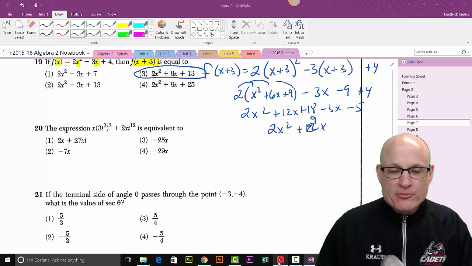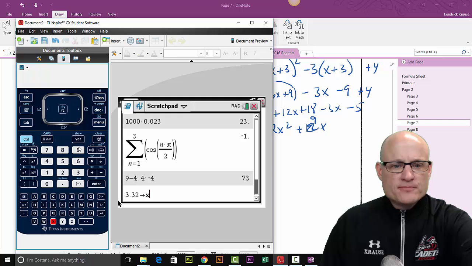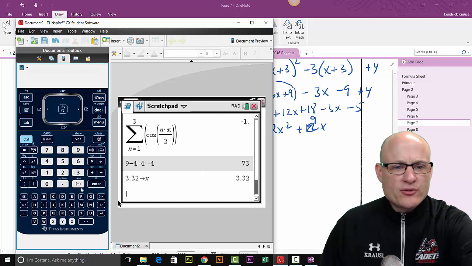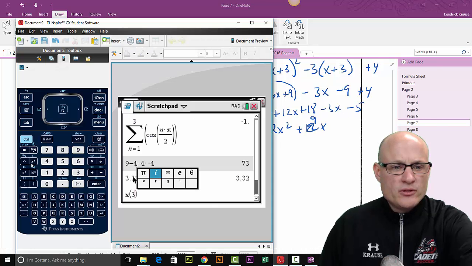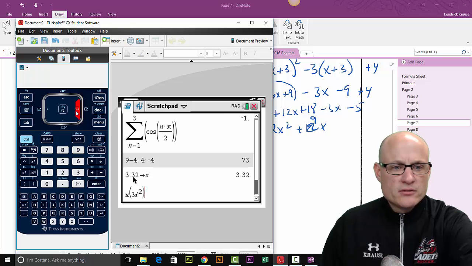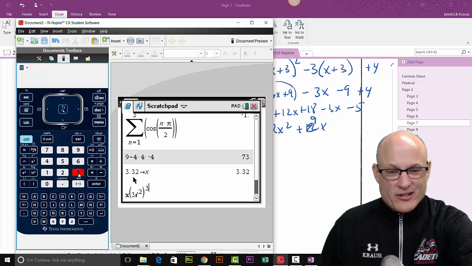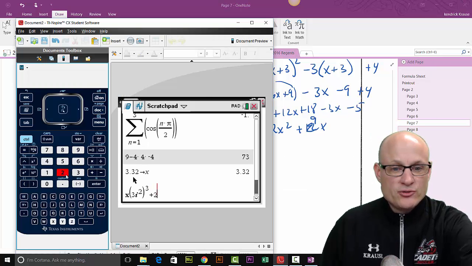Let me show you what I would have done on this problem. I would have stowed any number in for x: 3.32. We're going to stow that in for x and hit enter. And then we're going to type this in: x times 3i squared cubed. By the way, I would not have done it this way. I'm just saying if you don't know what's going on, you might want to do it this way. Plus